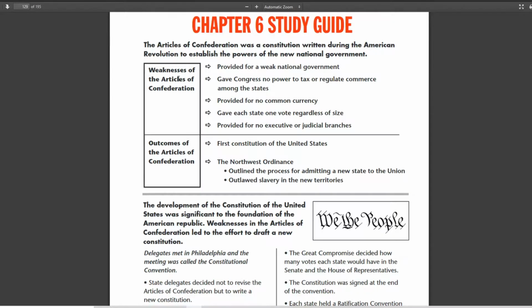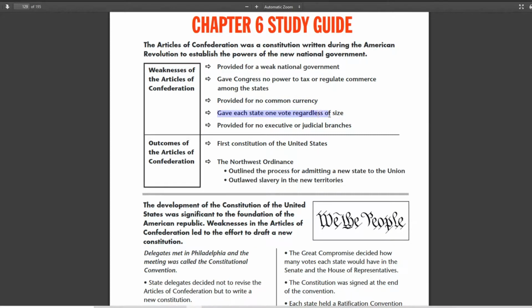Of course, first we have the Articles of Confederation, and we need to remember the four weaknesses. It was a weak national government, gave Congress no power to tax, so it's a weak Congress, no power to tax or regulate commerce among the states. So without being able to tax, they didn't have any money to do anything. They did not have a common currency. Each state had its own currency, or they just used the British pound or gold or something,